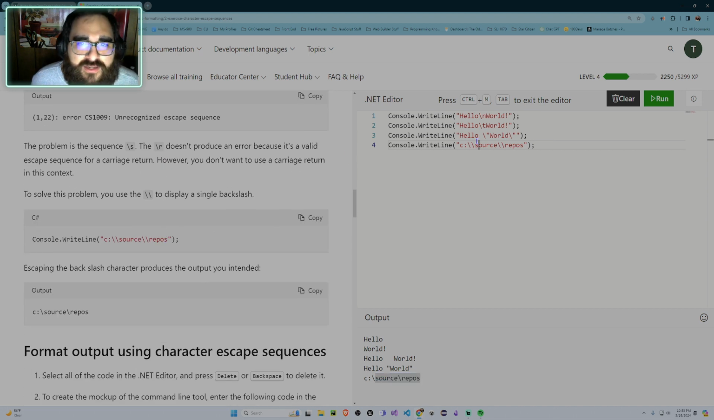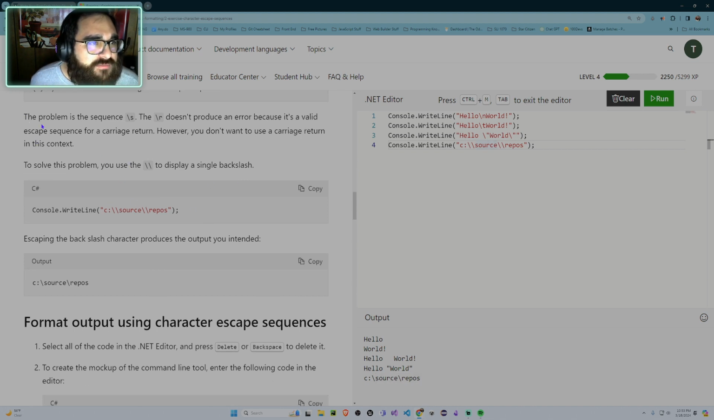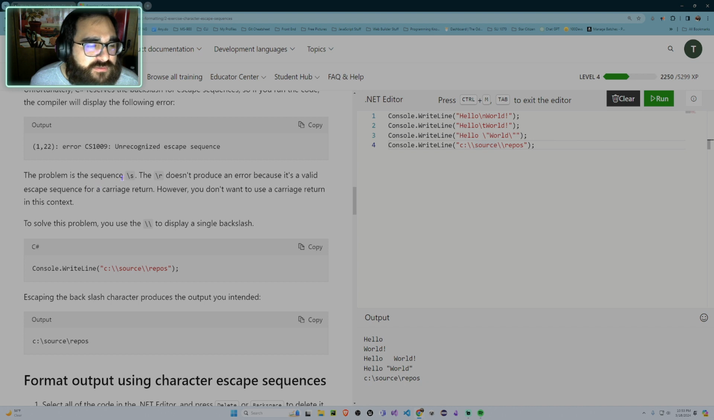But if we didn't have the double backslash, it would give us an error saying unrecognized escape sequence. The problem is the sequence \s and \r doesn't produce an error because it's a valid escape sequence for a